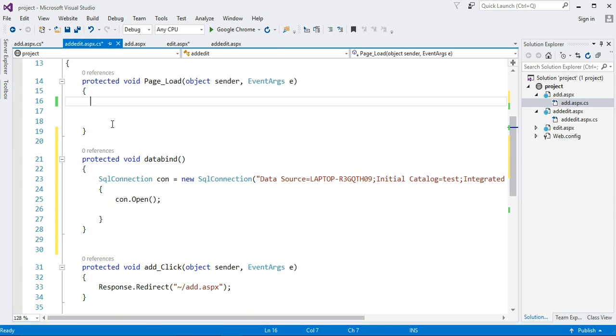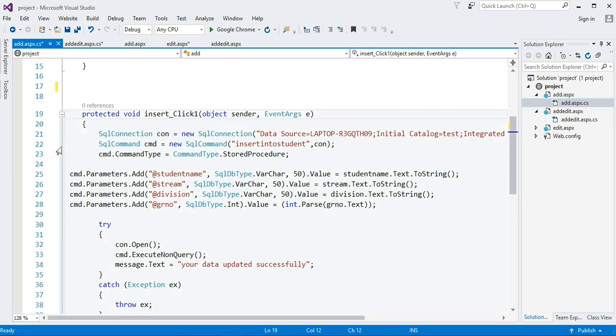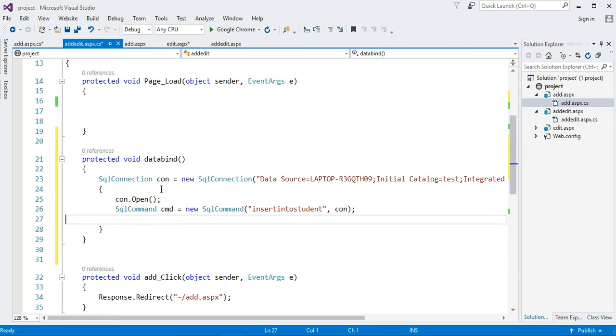Now we have to give a command for the SQL query of what we want in our drop down list. So I am copying the command code also from the add page to the add edit page. I am only changing the query. If you remember, our database table name is test.